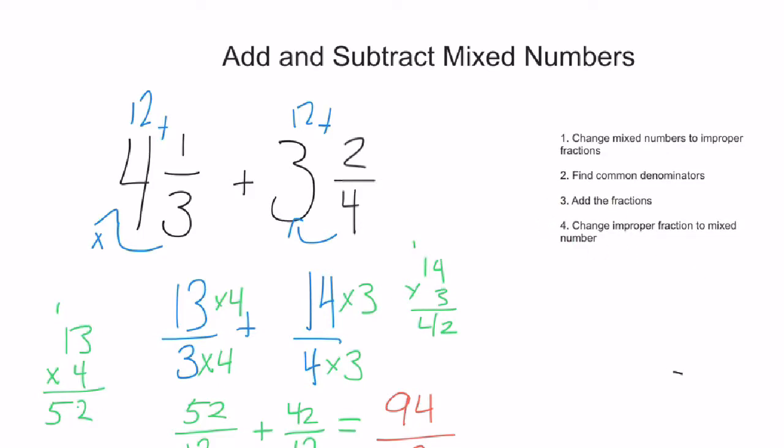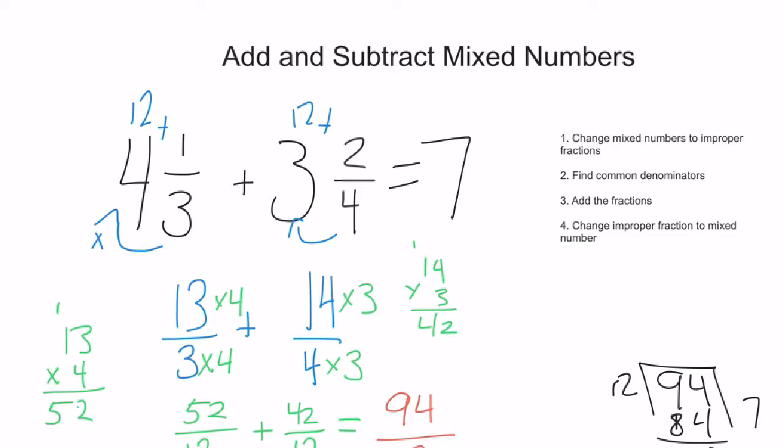So, I know that's a division problem, 94 divided by 12, and I know that 9 times 12 is 108, that's too high, so I'll just try 7 times 12, which gives me 84, and that leaves me with 10, which means my answer is 7 10